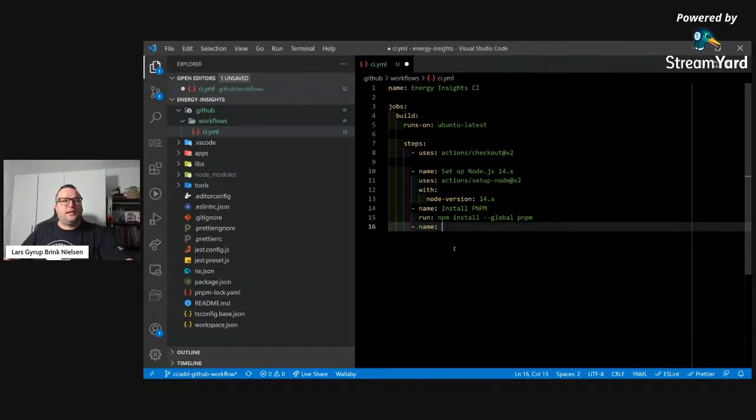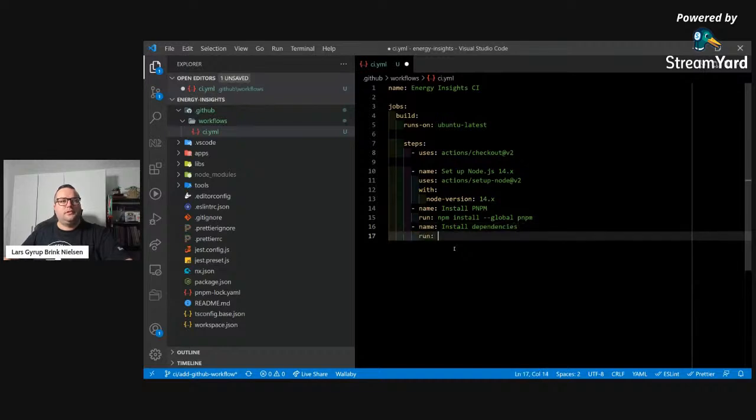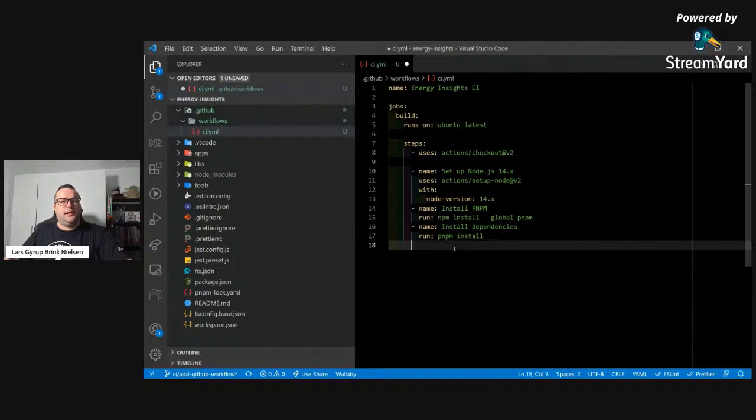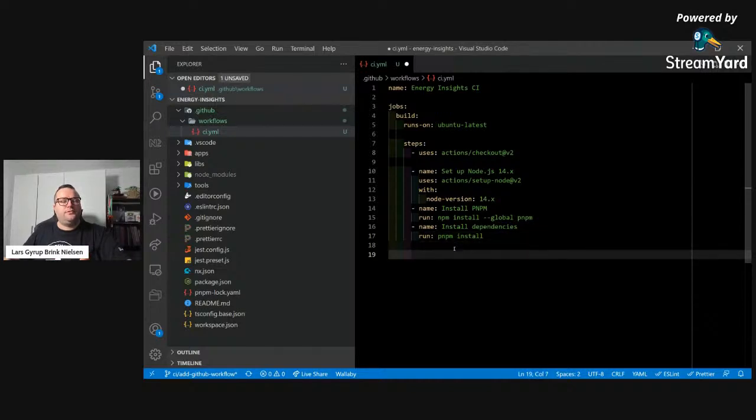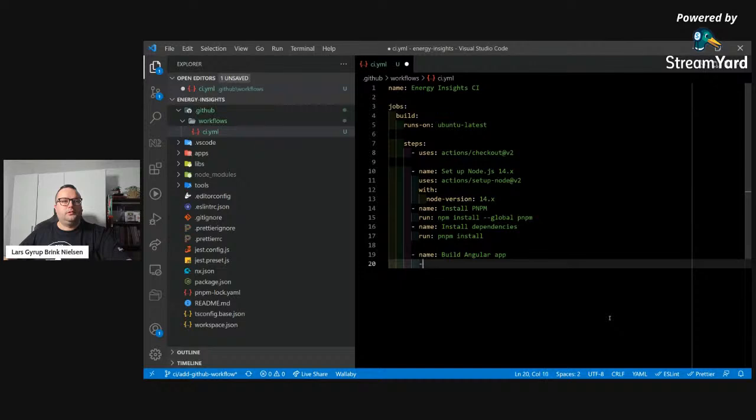So now we'll actually install dependencies. Now we'll do pnpm install. And then finally, now we're ready to do the actual step here. So what is the purpose of this job? For now, it's just a build. So we'll see that the build goes well. So this will be build Angular app. So that will be a run step. And it will be C